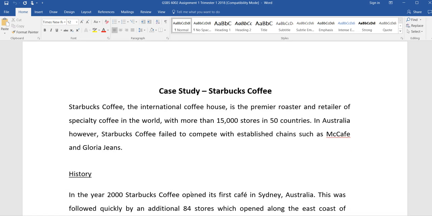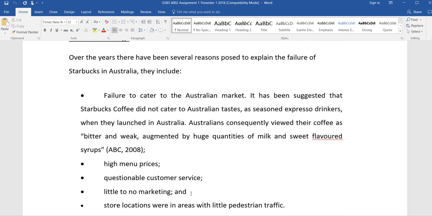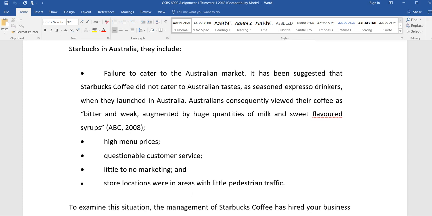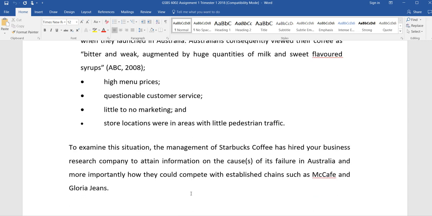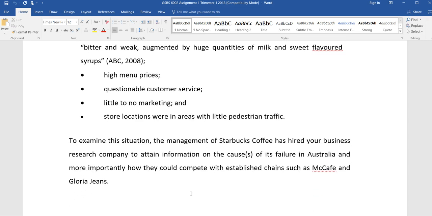So the case study is about Starbucks Coffee. You know, it's an international coffee house, with operations in 50 countries. However, it failed in Australia. Several reasons have been identified for its failure in Australia. For example, failure to cater to the Australian market, high prices, unsatisfactory customer services, lack of marketing, and unsuitable store